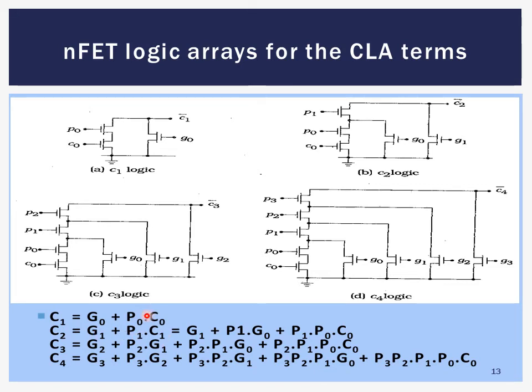Now if you look at the second equation, C2 is G1 plus P1 into C1. So mind you, already we know that this is the logic for the C1. So what I'll do, I'll keep this logic as it is here. So this I have kept as it is, P0 into C0 plus G0. Now it is multiplied by P1. So therefore this is in the AND operation, multiplied by P1, and that is being added to the G1. So again this entire thing is kept in parallel. So that is G1, and the output of the entire circuit is the C2 bar.